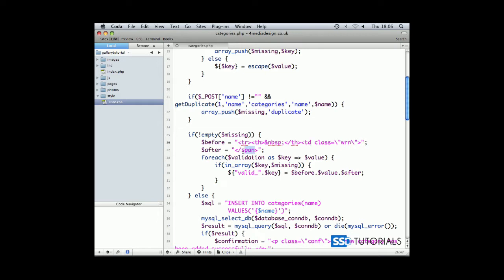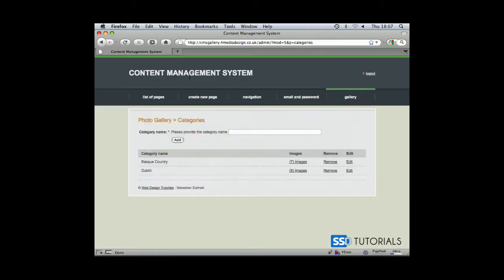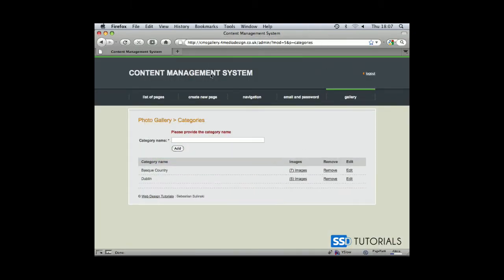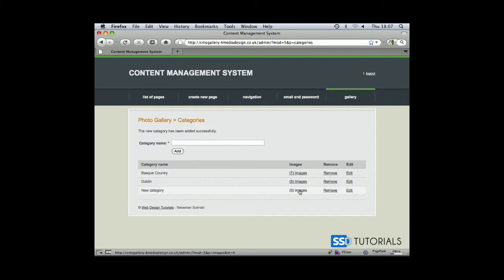Then the closing one here will be td and tr. So if we save this and preview in the browser, refresh, resend, and now everything displays correctly. If we try to add a new category, it all works fine. So this page is finished, nearly finished actually, because as you can see, our text here